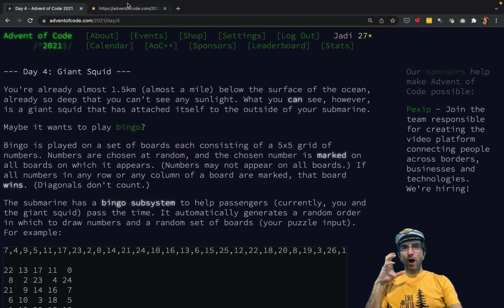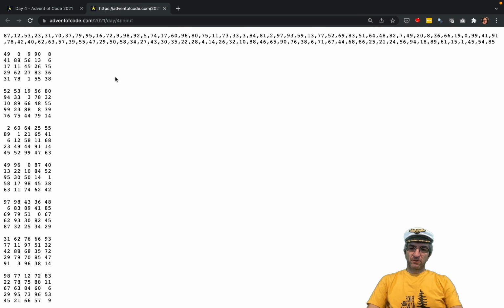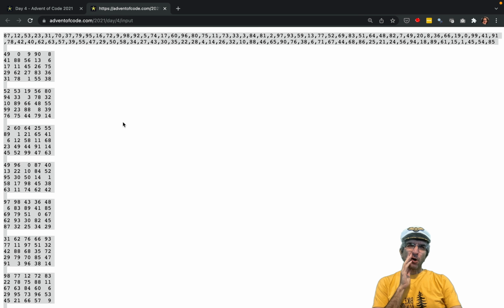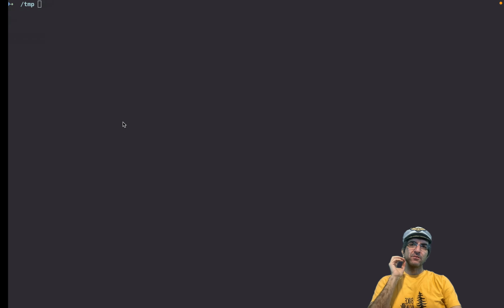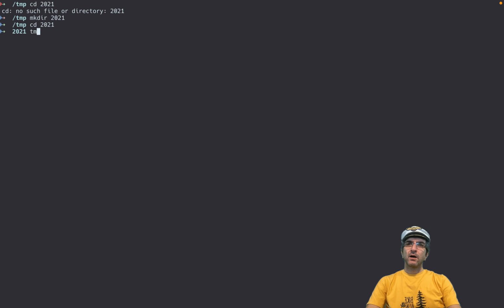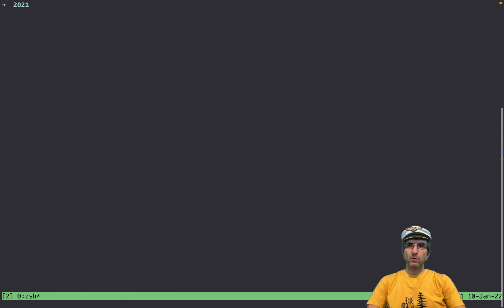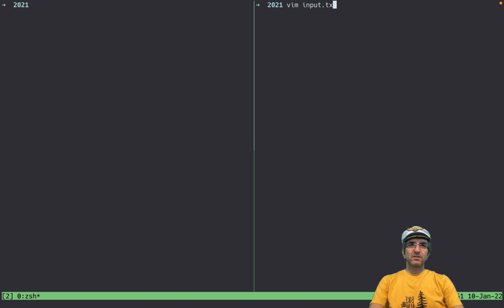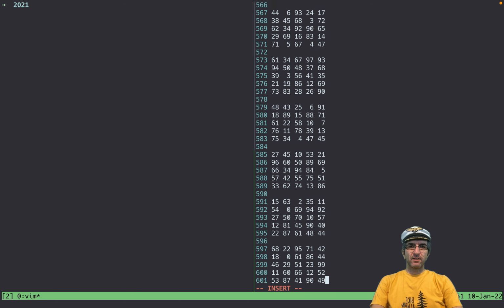Okay. I wanted to solve this. Let's start. This is the input. Later, I want to tell you why sometimes programming in OOP helps you a lot. I will go to 2021. mkdir 2021, cd 2021. Always using tmux is good when you are in the terminal. It will let you split, do whatever you want. Most of the things you want. Okay. vim input.txt. I will create that file first.